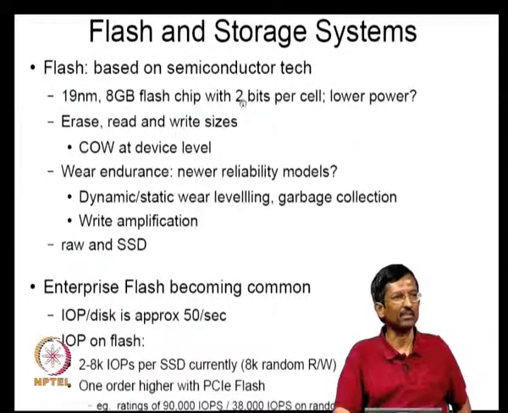There is something called single level cell and multiple level cells, MLC. Single level cells are of course more reliable because there are only 2 levels, 0 and 1. Whereas with 2 bits per cell, there are 4 levels, 00, 01, 10, 11, in terms of some analog quantity. You have to mark out the analog quantities. So this MLC is cheaper,